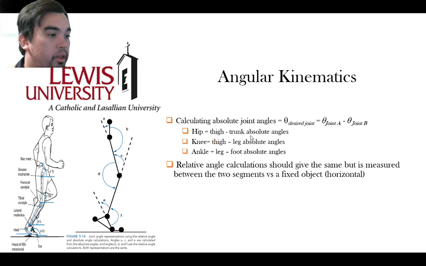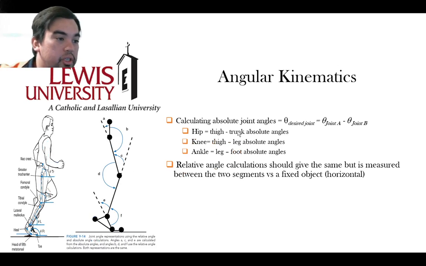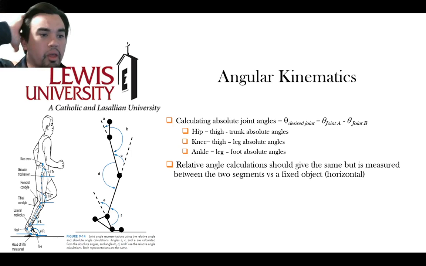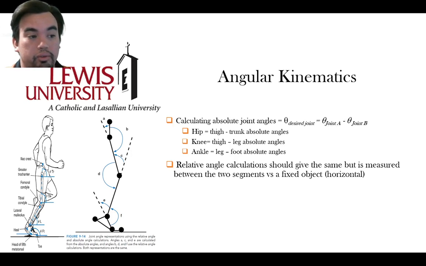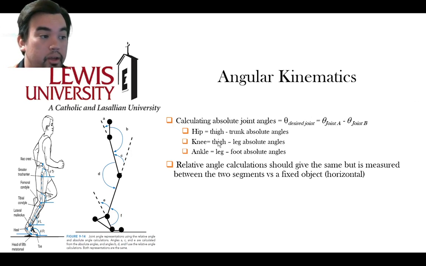So now we're going to look at how you actually calculate these joint angles, right? These joint angles are calculated by looking at the theta of the desired joint, and that's typically subtracted. You subtract the theta of joint A and theta of joint B for what you're trying to find. If I'm looking at the hip and I want to find theta of the hip, I'm going to take theta of thigh and subtract that from the theta of the trunk. And that's going to give me the absolute angles, what I'm looking for here,